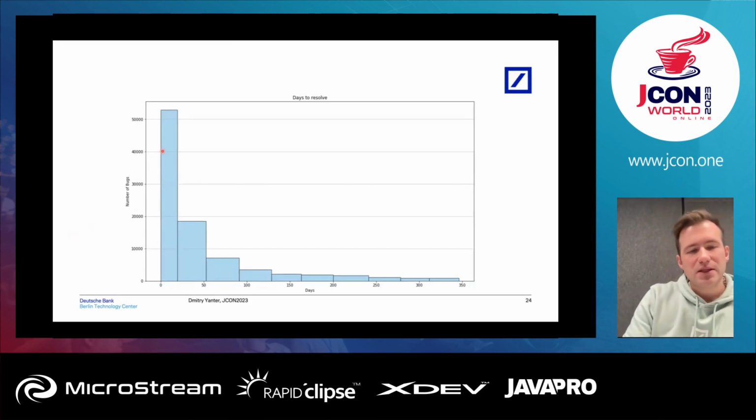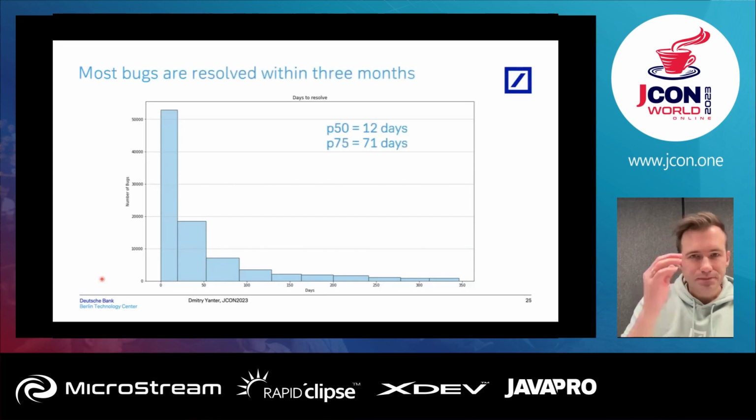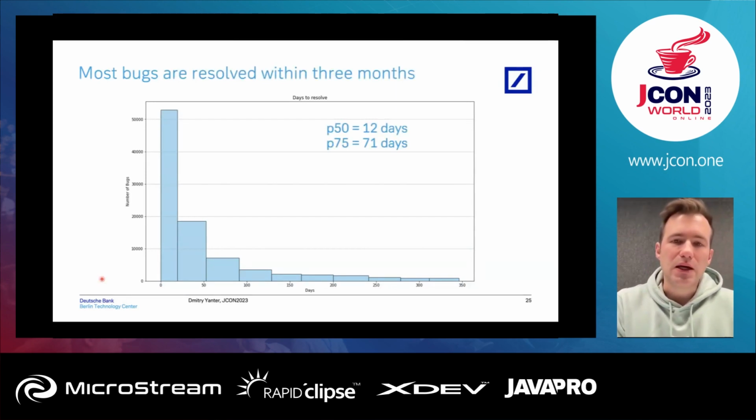And you see that the distribution of days to resolve tends to be very, very skewed to the left. Actually, it means that in many open source projects that were part of the data set, people tend to resolve bugs as fast as possible. So the numbers give you that, again, the median value is about 12 days to resolve,